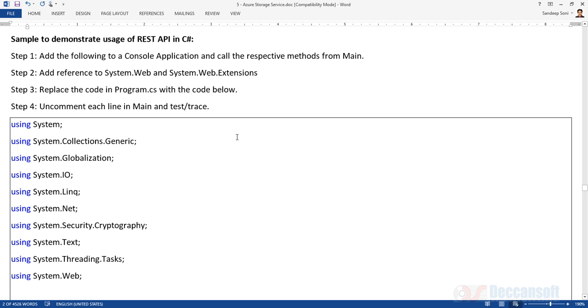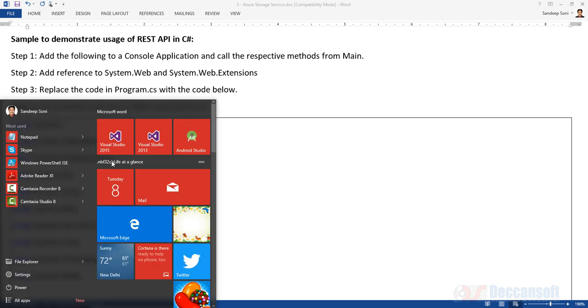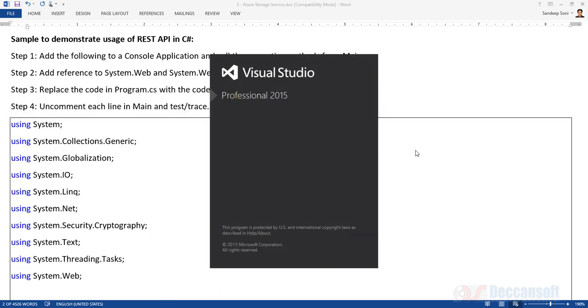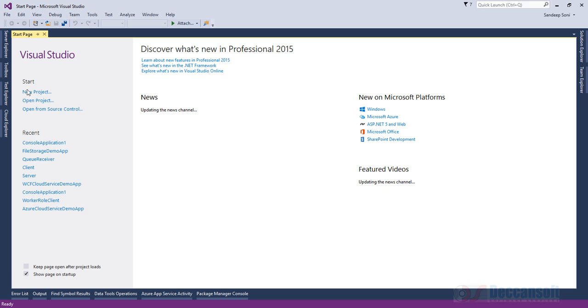First, I would like to write an HTTP client, a RESTful client, in C#. But in a subsequent session, I'm going to also show you how we can write an HTTP or RESTful client in JavaScript jQuery. So first, I'll create a new project. Of course, at this point, we are not going to add a service reference to the project. We just take a simple console-based application